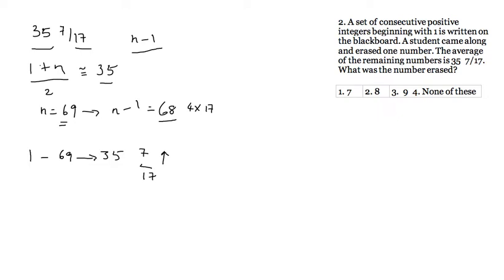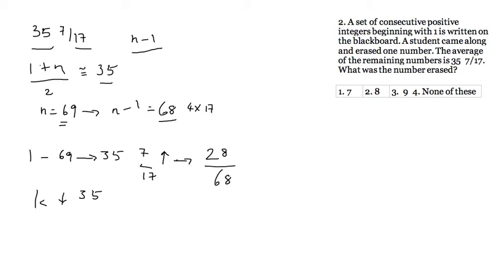which means that the number erased, k, is less than 35. Does that make sense? It does. If I would have erased 35, then the average would have stayed at 35. Because the average has gone up, the number erased would be less. Now to find out how much less than 35, I need to find out how much the sum has increased by. See, the average has increased by 7/17. The sum would have increased by 28,